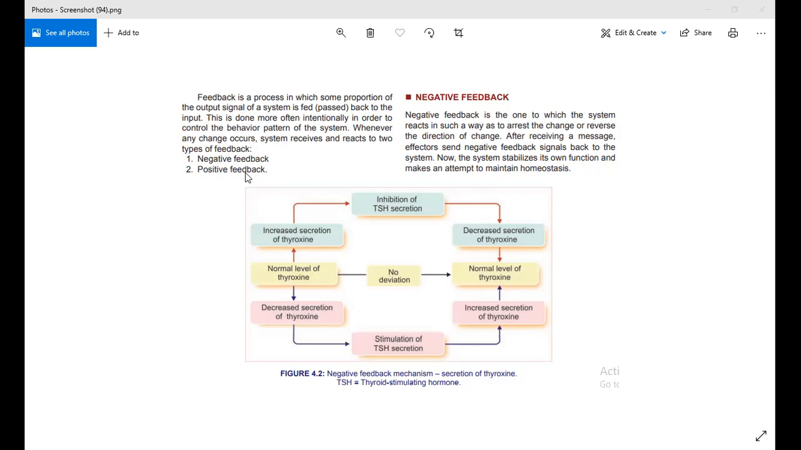In simple terms, in a negative feedback, when the output signal is sent back to the input, it stops the input from further action. That is negative. It means that the response from the output opposes the initial input. For example, once antidiuretic hormone is released, as we said the last time, and the amount